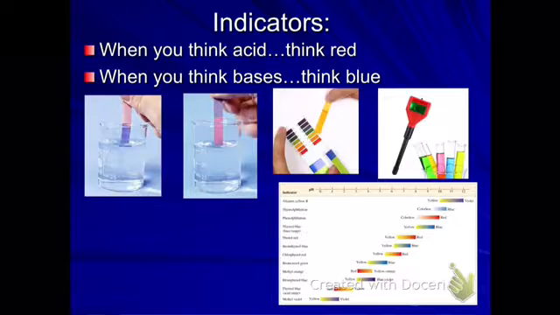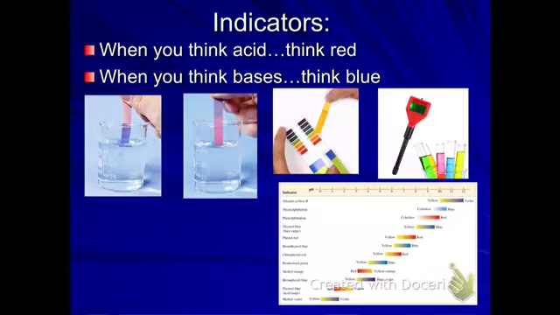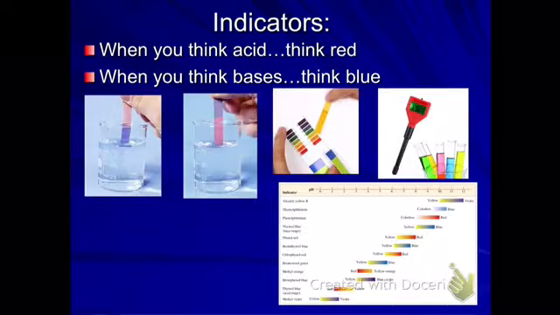There's a couple different ways that you can also track the strength of an acid or a base. Probably from your biology class, you had some experience with pH paper. pH paper is kind of fun. It's like a rainbow of different colors. Red still represents an acid, and the blue and sometimes purpley colors represent your base. But in AP, we're probably going to be monitoring most of our pH with a pH meter. That gives you a numerical value for the pH. So anyway,